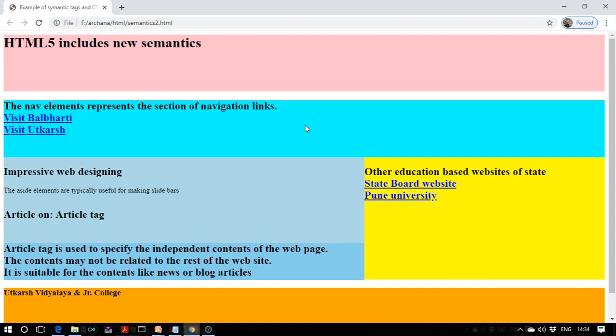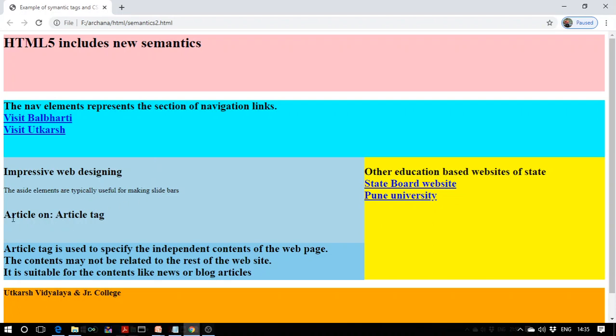Okay. Now, after that, on the left hand side, we are having two sections. The first section contains impressive web designing, which is a heading, and a normal paragraph. The aside elements are typically useful for making sidebars. This is our first section.